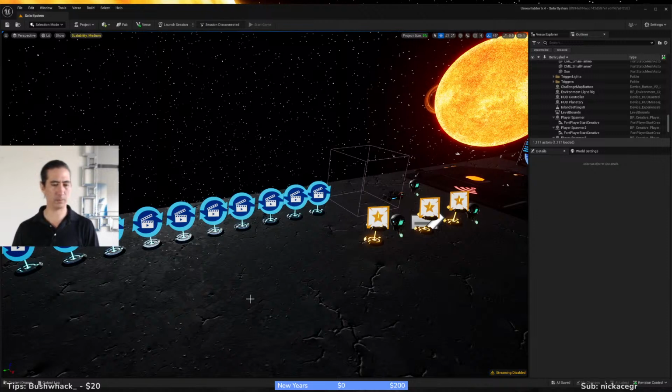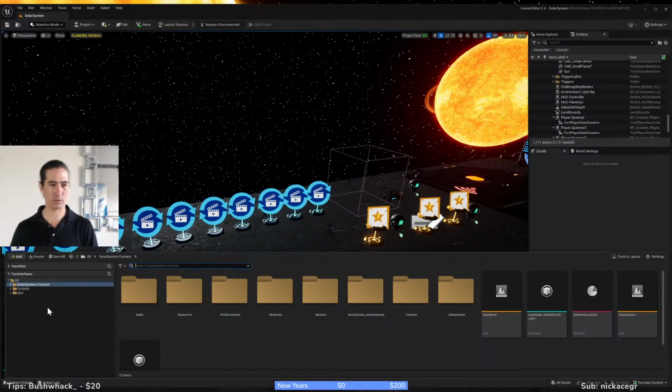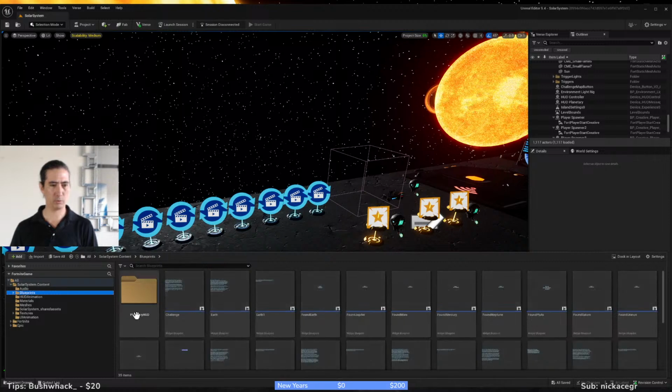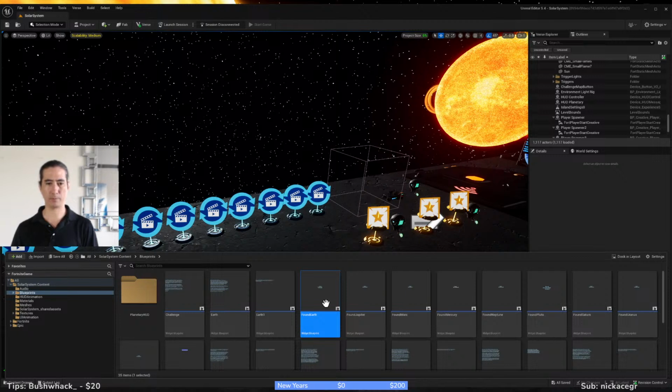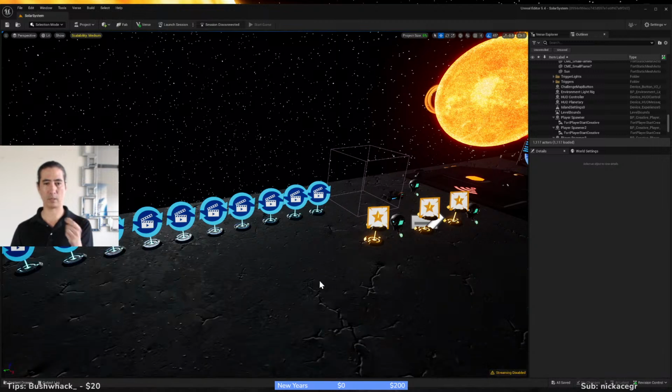So what you're doing, first of all, in blueprints, you can see here that I have messages that will pop up, for example, when you find Earth, and then it goes away. That is pretty close to, I think, what you're looking for. But you're doing it when they select their custom class. I'm doing it when they find Earth.